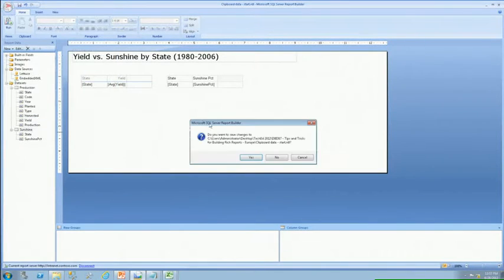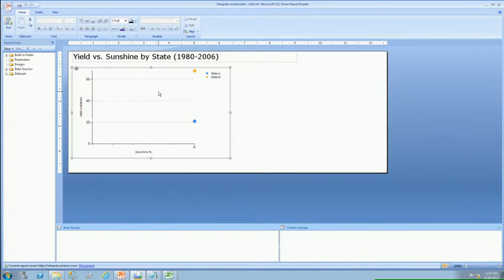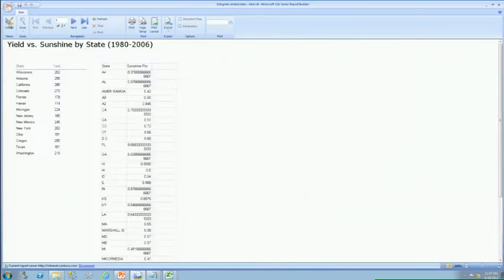Let's open up related data. So here we've got a scatter chart. I want to check for correlation between the percentage or the amount of sunshine that a state gets and the yield of grapes. They're probably correlated. More sunshine, better yield, right? So here, if I run this,